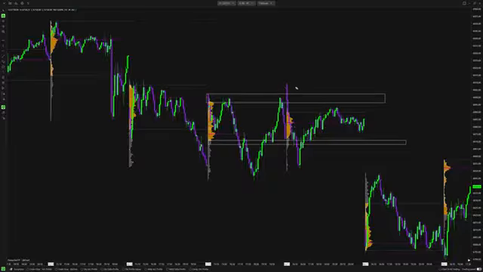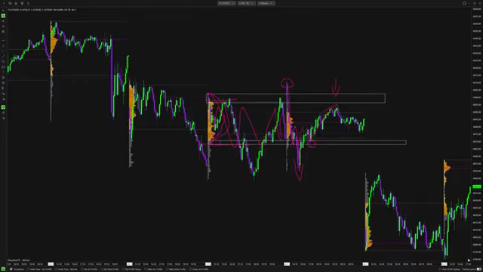Because a lot of the auction market theory models come exactly from this. We have a fair valuation here. Price opens in the following session outside and very quickly breaks back inside. The first reaction happens where? Here. Price tries to auction outside of the fair valuation, but the auction is not ready yet. So we jump right back inside. And when we do that, where do we test? Here. And once that auction is exhausted,